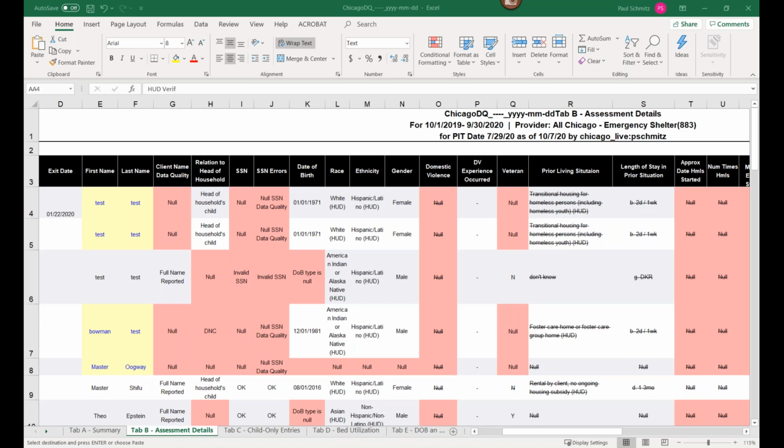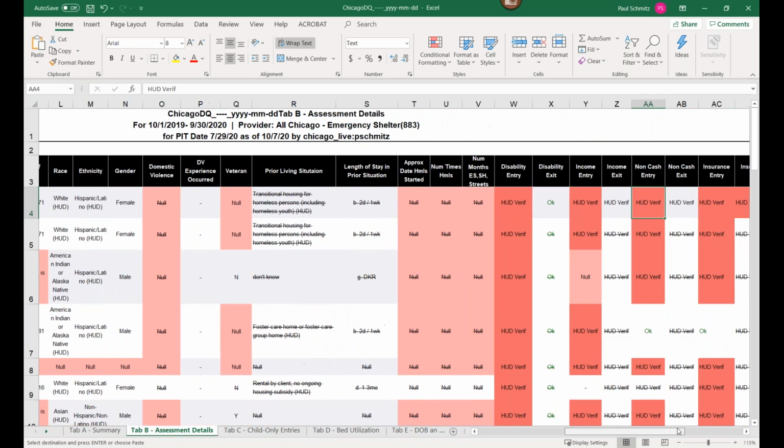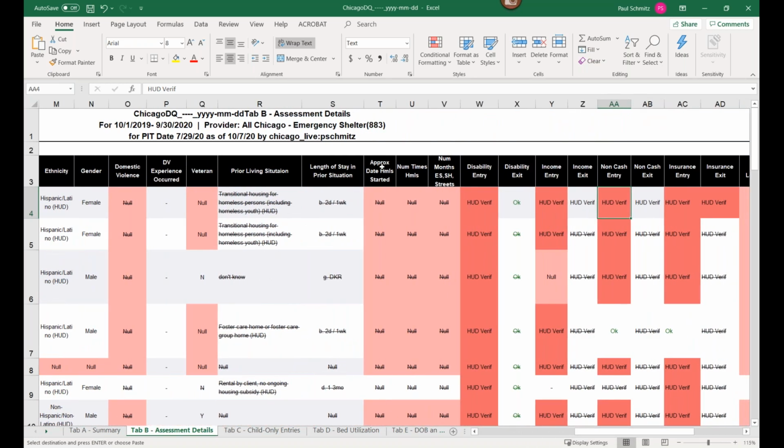Okay, I'm just going through what else we have here. Okay, so let's talk about these columns here, because you're going to see a lot of these. So approximate date homelessness started, like this whole chunk here with chronic homelessness. So it's essentially prior living situation, length of stay, approximate date homelessness started, number of times, number of months. So this all kind of falls back onto this chronic homelessness